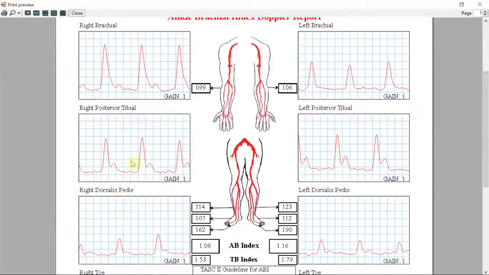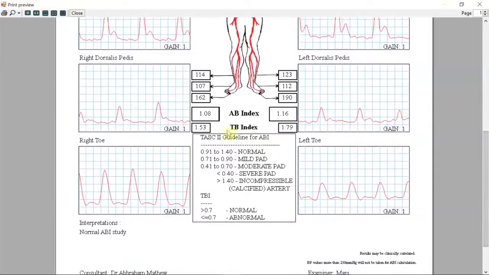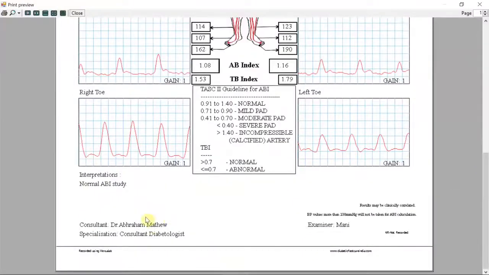On the values, the BP value is also here. And then in the bottom, you can see ABI and TBI, and the TASC II guidelines. As per the TASC II guidelines, it says normal ABI study. At the bottom you will have the consultant name and all the details, technician name, everything.